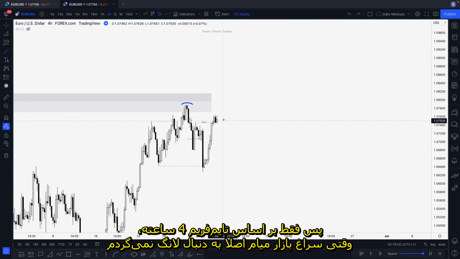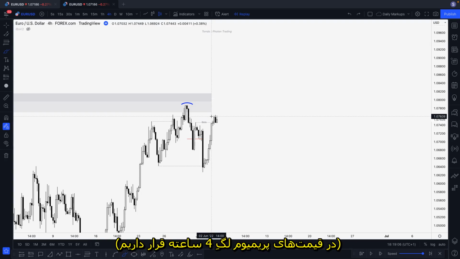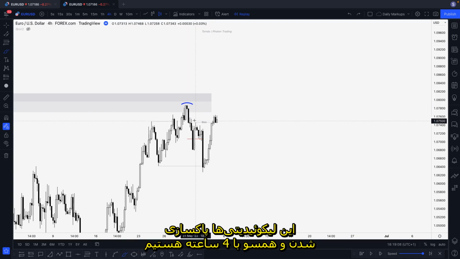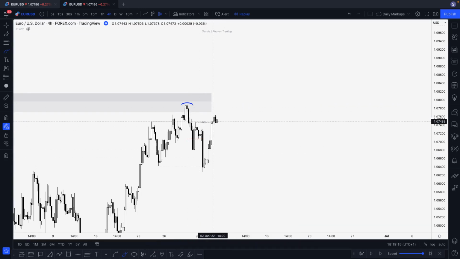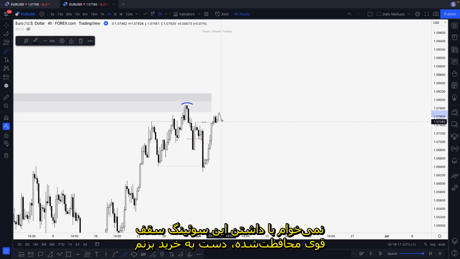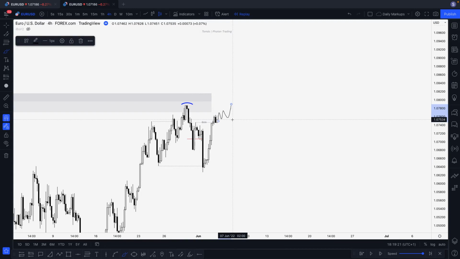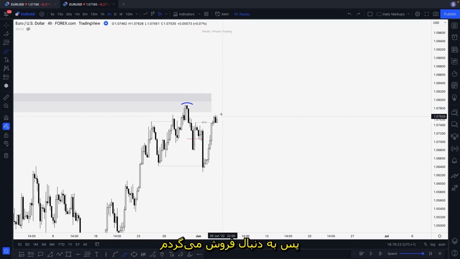So basically, just based on the 4-hour time frame, when I'm going into the session, I'm not looking for longs. We are in premium prices of the 4-hour swing leg. We swept this liquidity, and we are pro trend. I don't want to keep buying and trading through a protected strong 4-hour swing high. So I'm looking for sales.